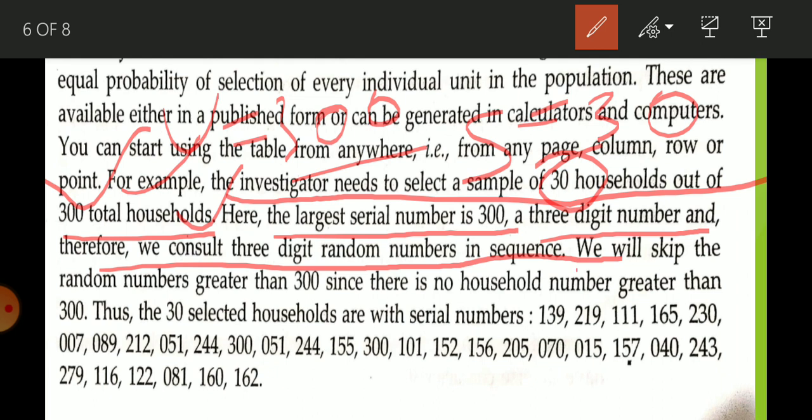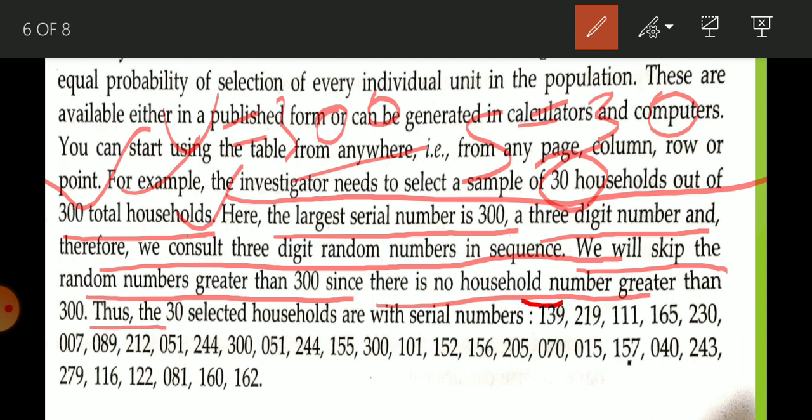Now we will skip random numbers greater than 300. If in that slip there is any number more than 300, we are going to skip it. We only select numbers that are equal to or less than 300, and in this way we select 30.